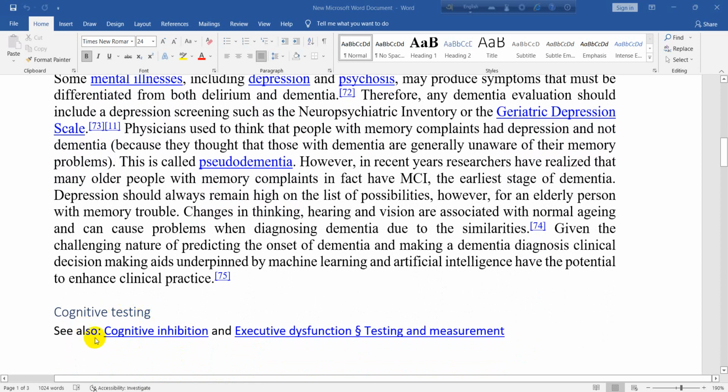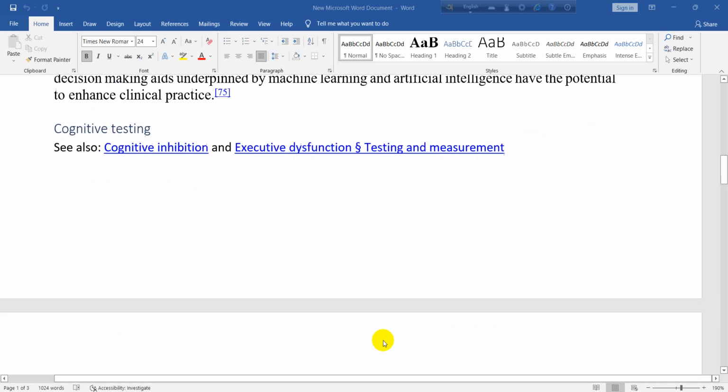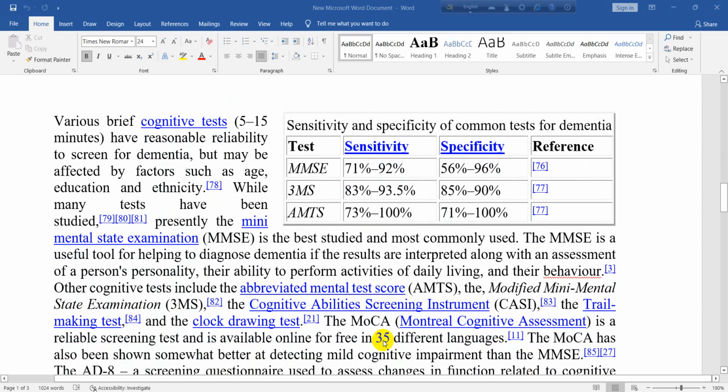Cognitive testing. See also cognitive inhibition and executive dysfunction and testing and measurement. Various brief cognitive tests, 5 to 15 minutes, have reasonable reliability to screen for dementia but may be affected by factors such as age, education, and ethnicity. While many tests have been studied, presently the Mini Mental State Examination, MMSE, is the best studied and most commonly